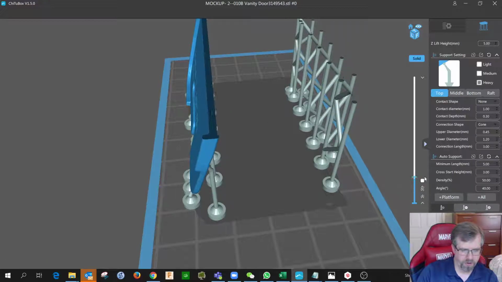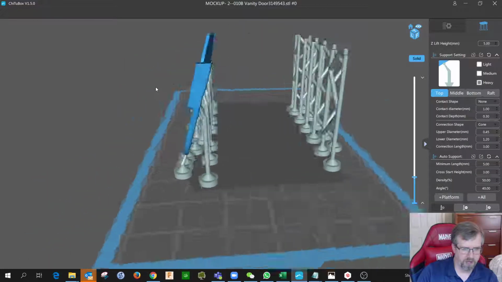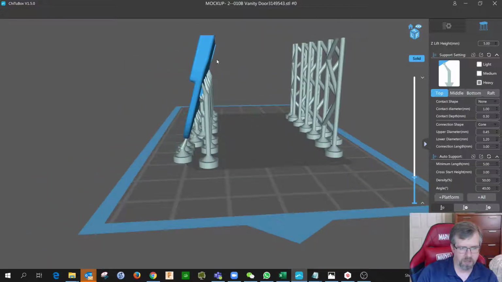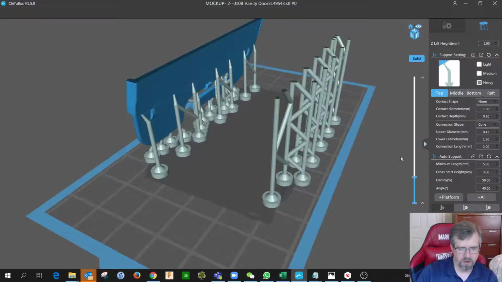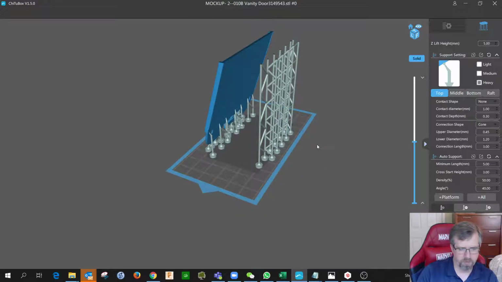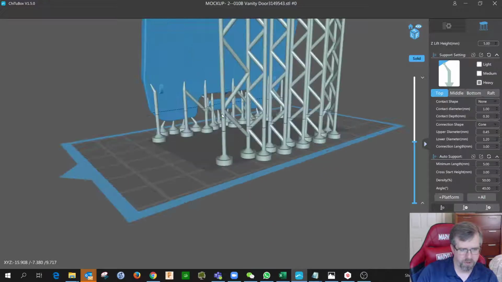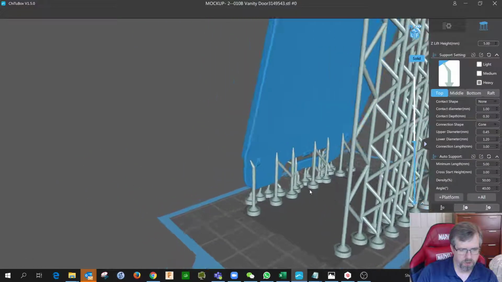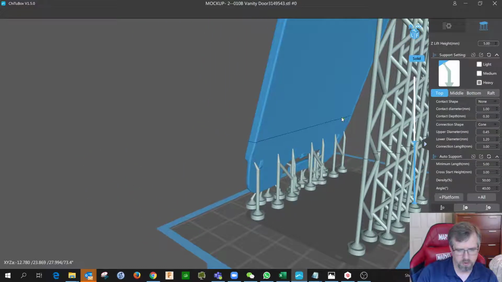So let's go ahead though, and what I know I will do is, to help that Z load issue I was talking about, as this image starts shifting over to the right and there's nothing directly underneath it, I'm just going to peel that up a little bit. I'm going to click on this Add Support button, and I'm going to come in here and drop some supports in there. All you got to do is click. You can see with that horizontal line where you're looking, and it gives you a sense of where in the object you're trying to place it. So I'm just going to place a handful of supports across there,